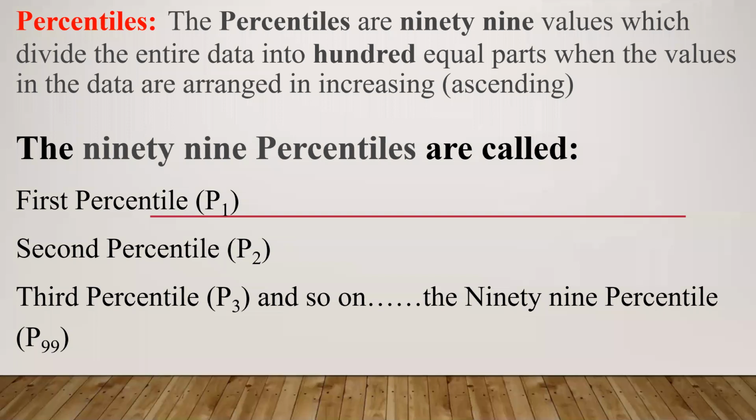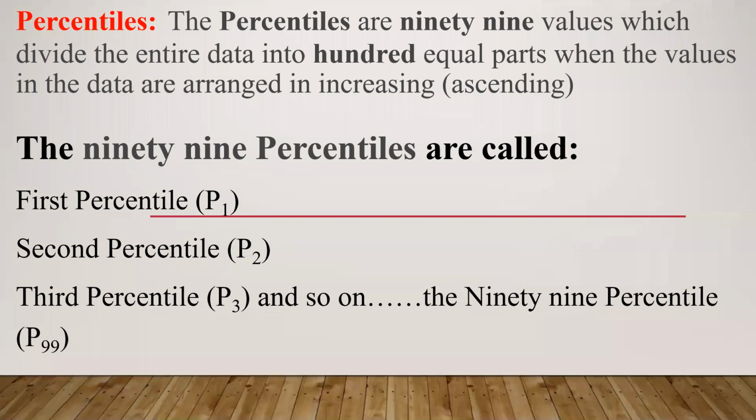After that, we have seen quartiles. What are quartiles? Quartiles are three values which divide the data into four equal parts. They are called first quartile denoted by Q1, second quartile denoted by Q2, third quartile denoted by Q3. We have also observed that Q2 comes exactly in the middle. So Q2 is same as median. Then we have seen how to calculate the values of quartiles for raw data and group data of discrete and continuous type.